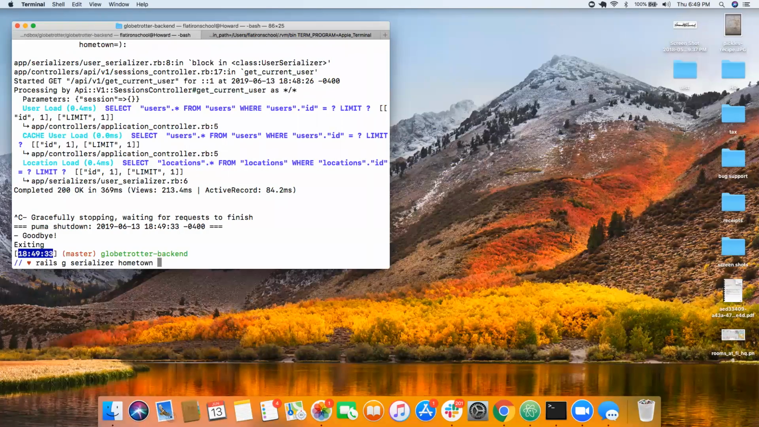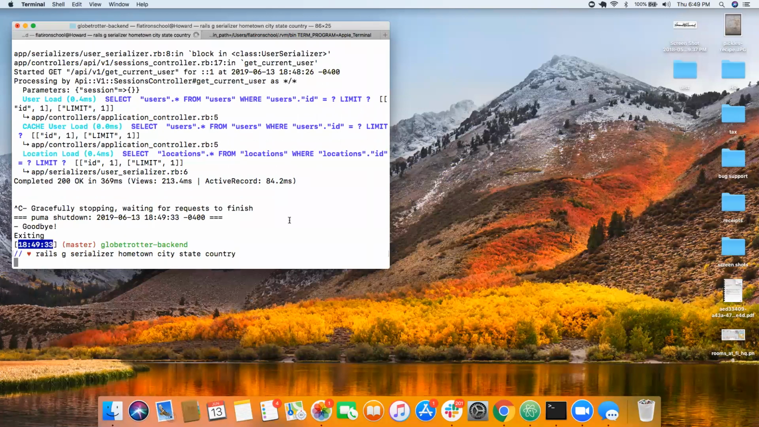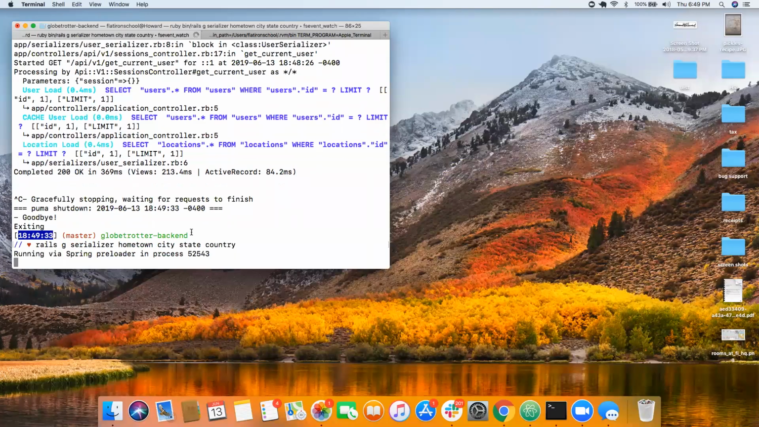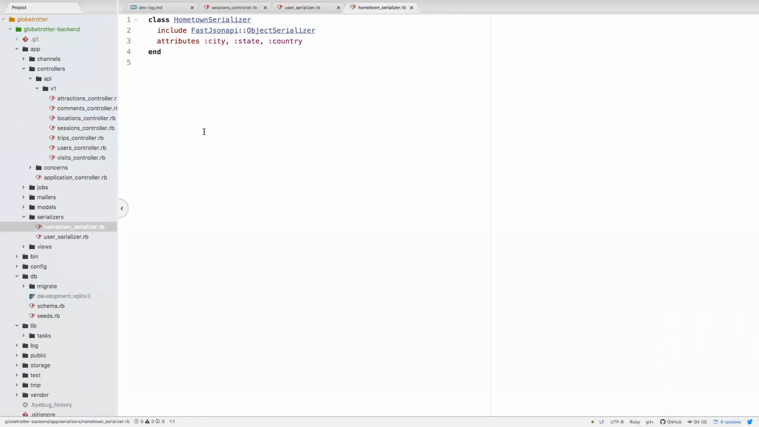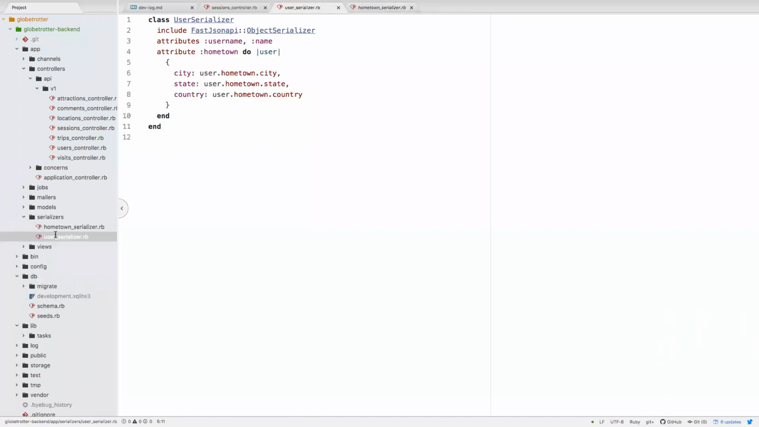I want city, state. Maybe. Well, there we go. Took a second, but we got there. Let's double check that. Attributes: city, state, country. And again, if I use that, I'm going to get,